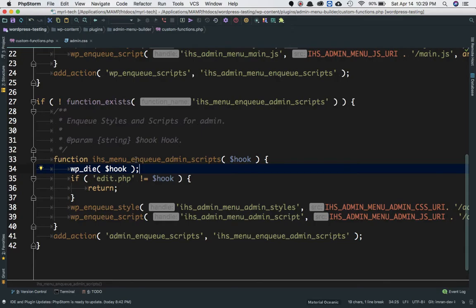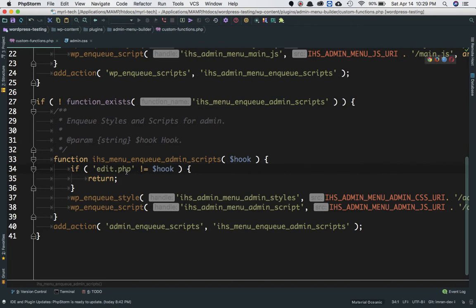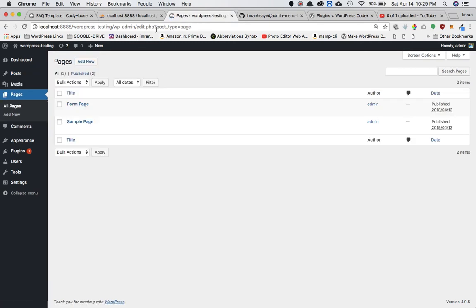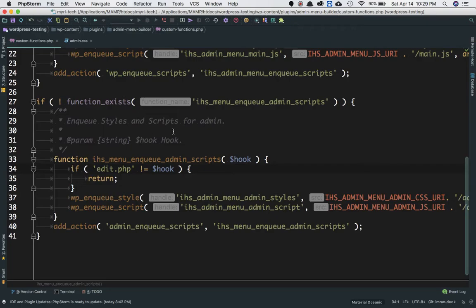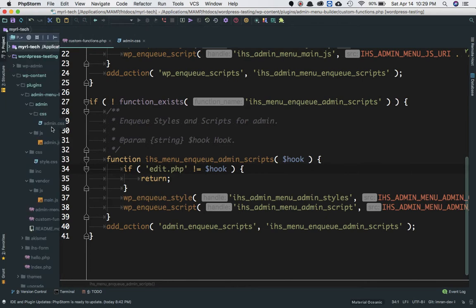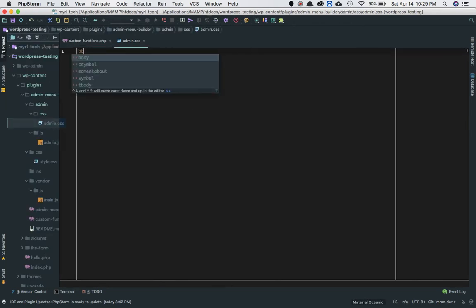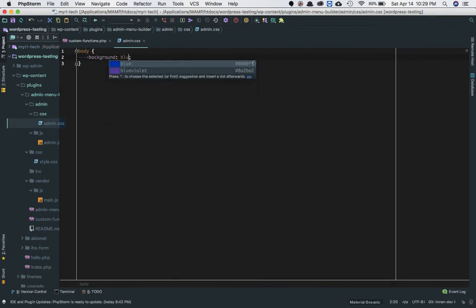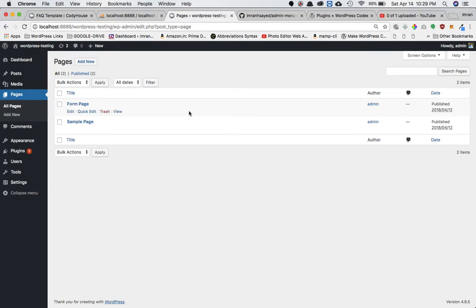Okay, great. So I don't need this. All I want to do is apply my CSS on edit.php, which page was that? Refresh. So I think that was pages. Yeah, edit.php, that was pages, right? Okay, so into these files I'm going to say body, background blue, and if you save it and refresh the page,